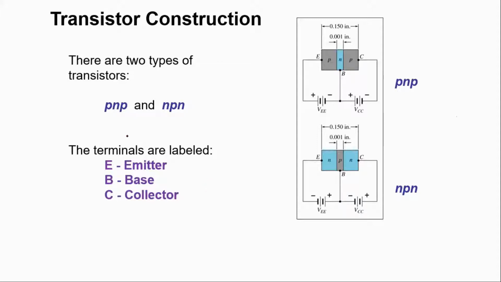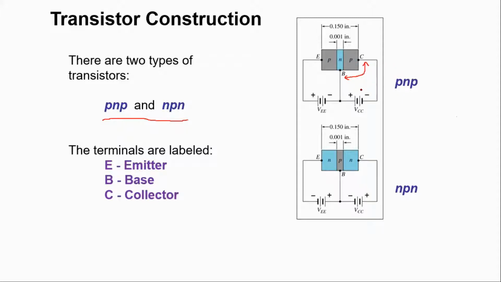Here you can see your two types of transistors are NPN and PNP. This is the emitter, this is the base. The emitter is P type, so positive, positive. Your base is negative, negative, negative. Positive repels positive, negative repels negative, so that means they are forward biased. On the other hand, this is reverse biased. This is reverse biased. Positive, negative, negative, positive.